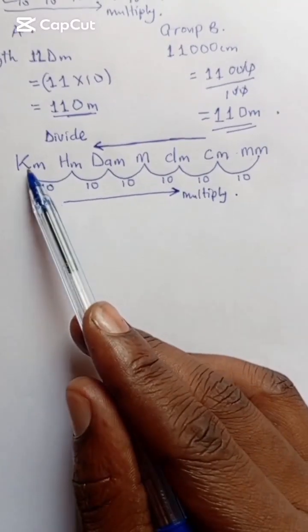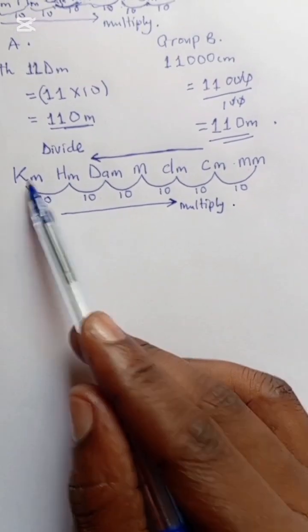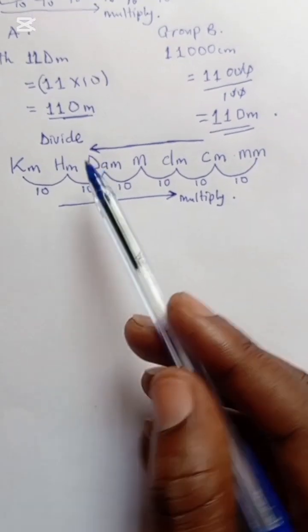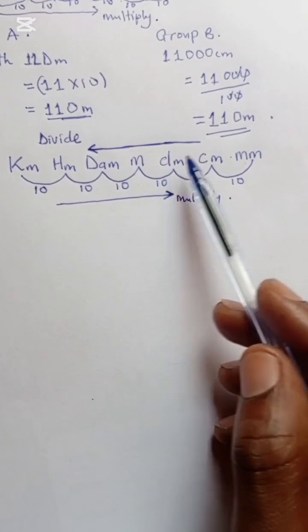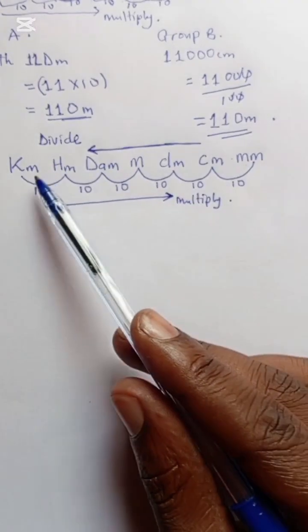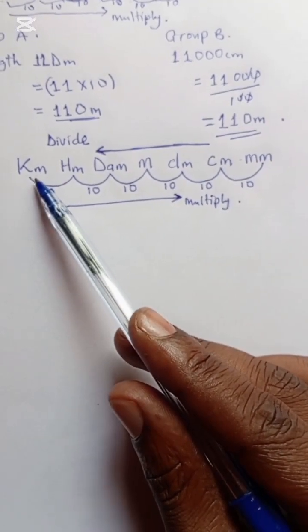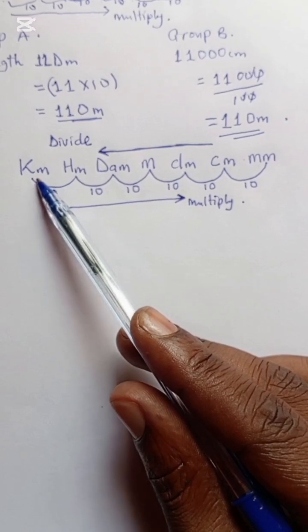This is what we are saying, that King Henry daughter Mary drank cold milk, which we have the dimensions or the measurements being kilometers,